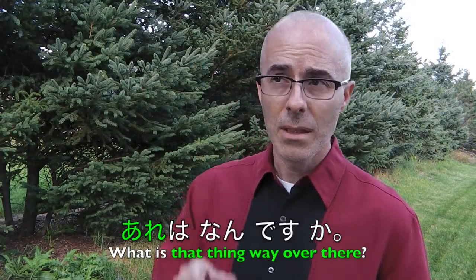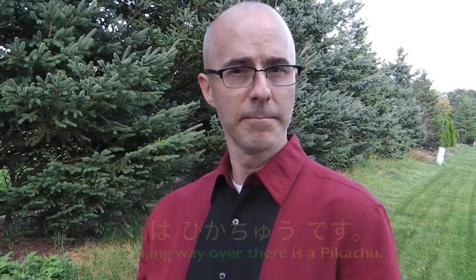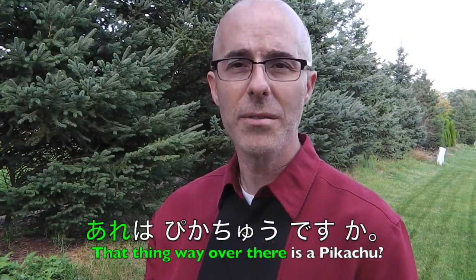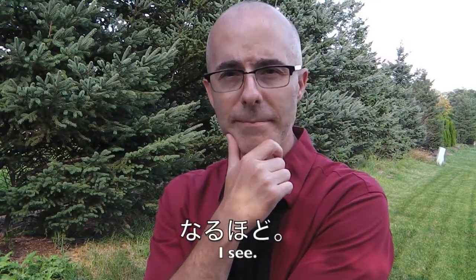Now let's say I notice one of these little yellow things off in the distance there, and I'm not sure what it is. You're the Pokemon master, so I ask you, あれは何ですか? Of course, you look over there and you see the little yellow guy, and being the Pokemon master that you are, you say to me, あれはピカチュウです。 なるほど。